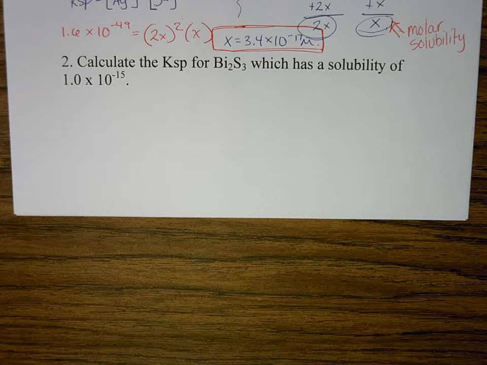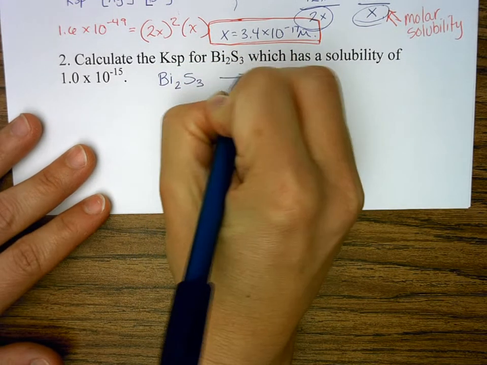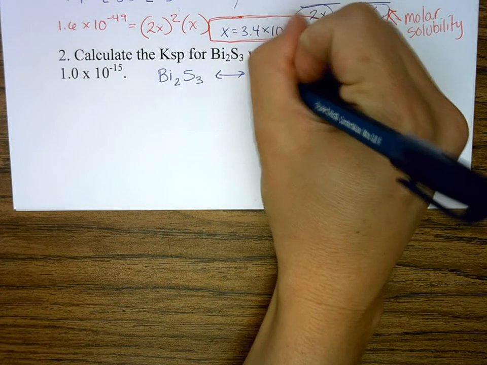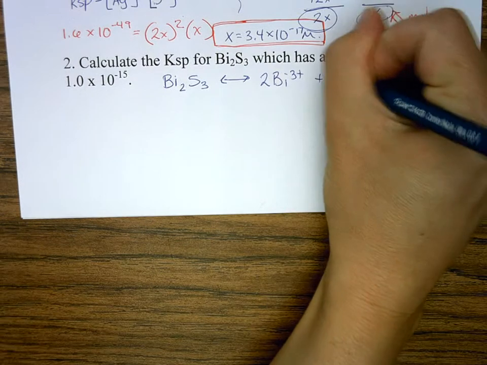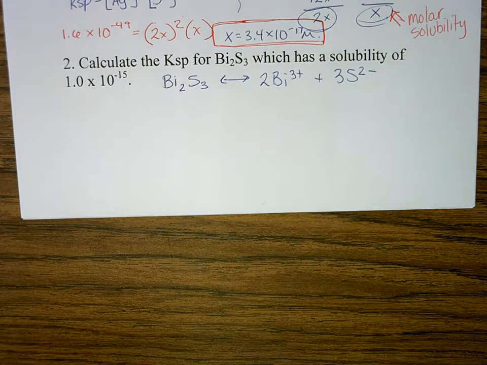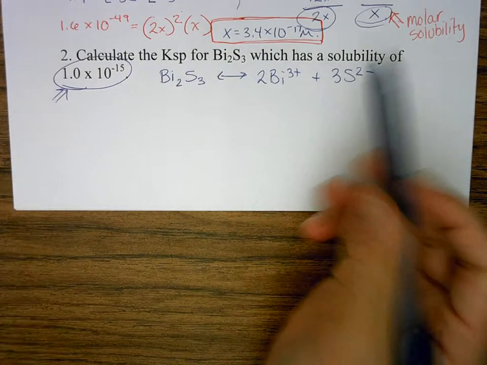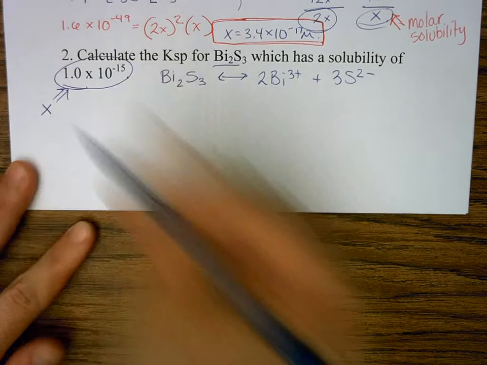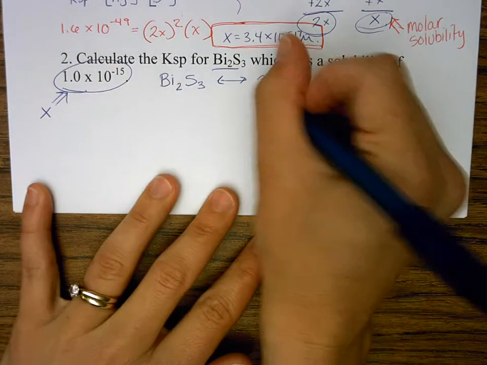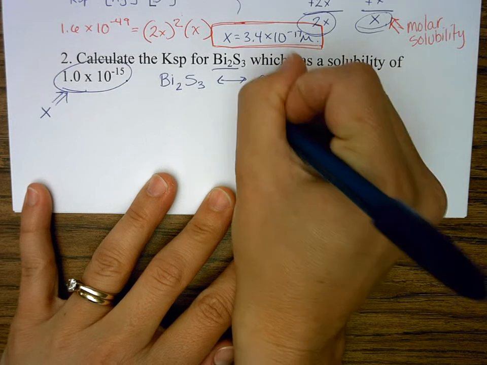Okay, I've got bismuth sulfide. And when it ionizes, which is going to happen a very small percentage of the time, I get 2 bismuth ions and 3 sulfide ions. And if I set up an ICE table for that, remember this solubility here, whenever it says the solubility of the actual compound itself, it's what x is equal to in your ICE table. So if I set up an ICE table for this and I have 0 plus 3x, and I have 3x down here and plus 2x right there,